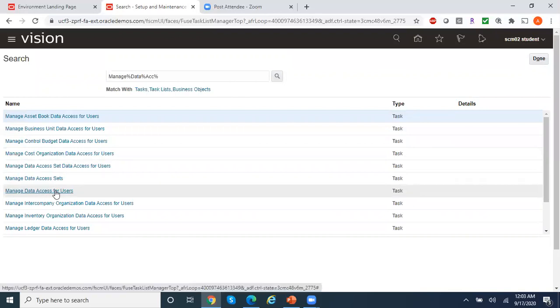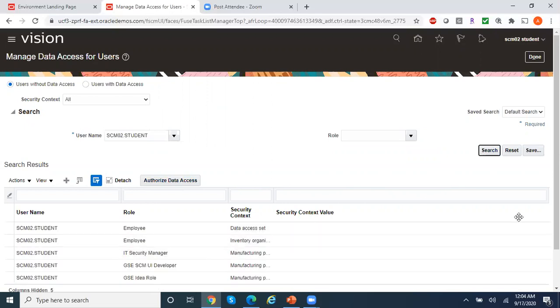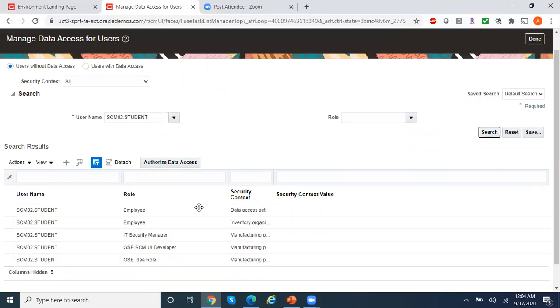Okay, search for my user SCM student 2. And click on search.